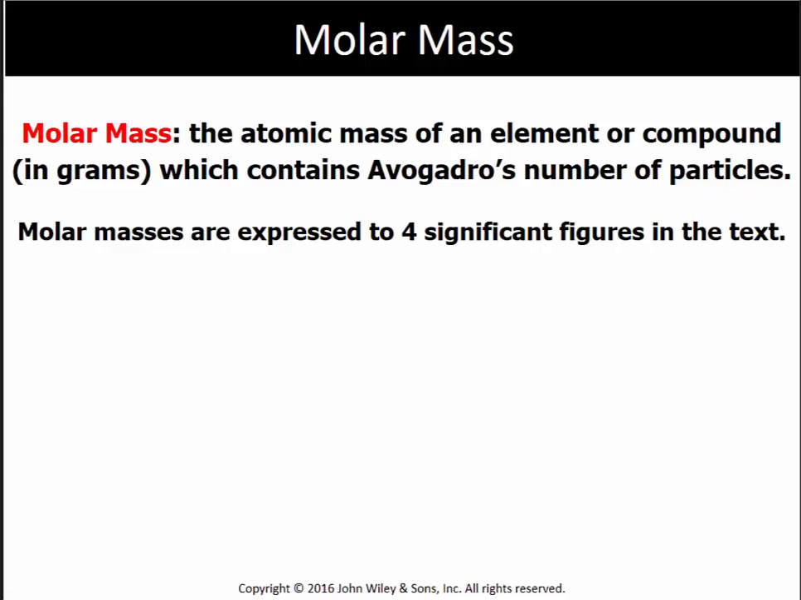What we have, though, in a lab is balances. So balances read in grams. They read the mass of any material or any compound that we have. So we should be able to convert between the number of moles and mass of different materials, different chemicals. What allows us the ability to convert between moles and mass is going to be the molar mass